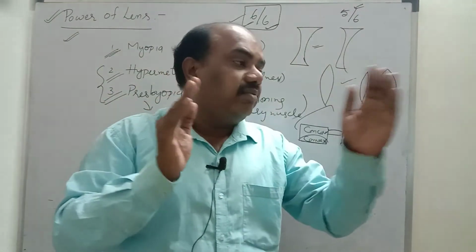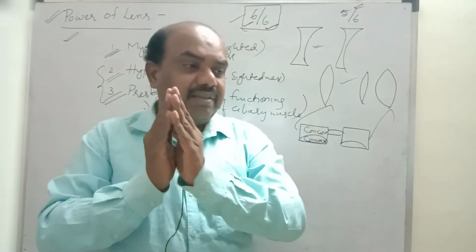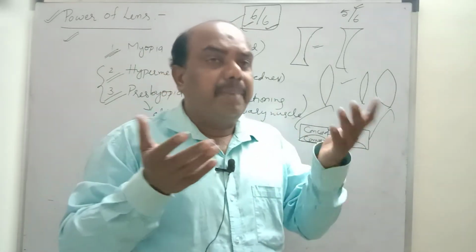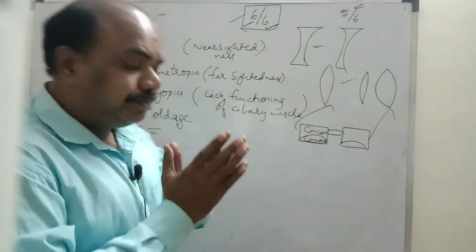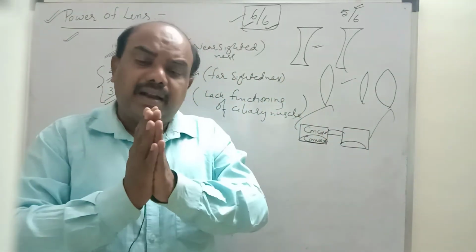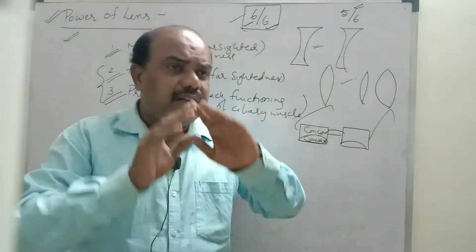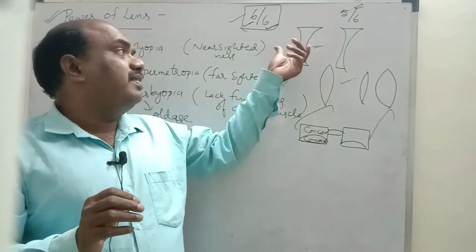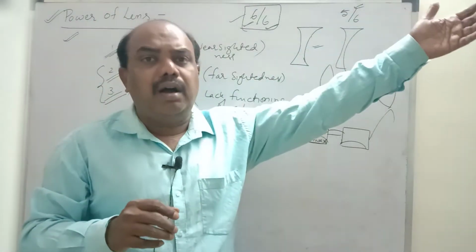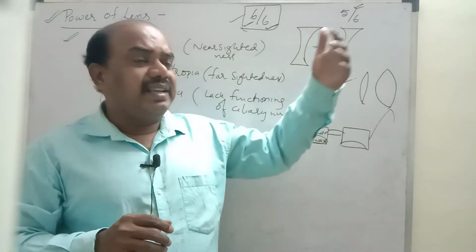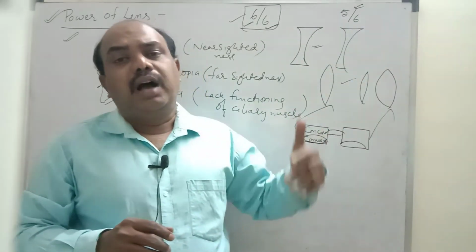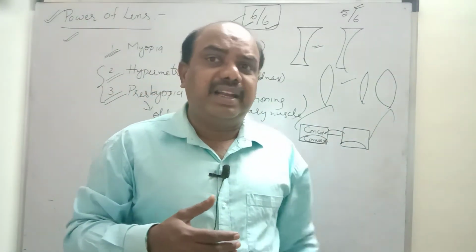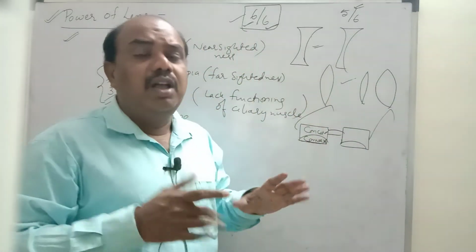One convex lens may converge and the image may form here. With one more converging lens, the image forms very close. That depends on the person, that depends on the defect. Remember, the doctor suggests different kinds of lenses depending on the patient. Some people cannot see a 5 meter distance, another person cannot see up to 5.5, up to 3.5, like that. If the distance varies, automatically the converging and diverging capacity also varies.